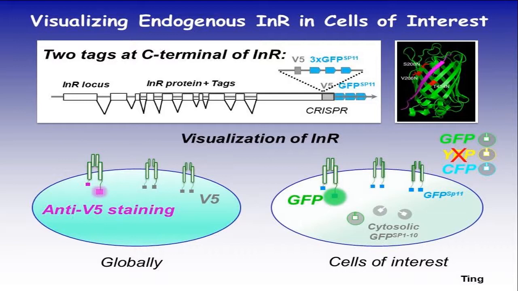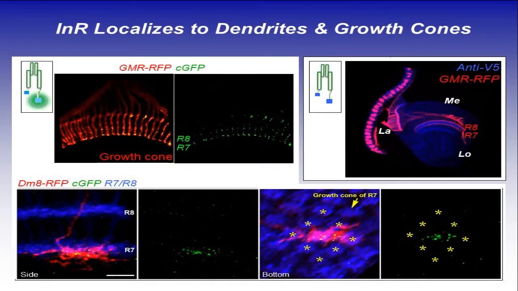This method can be extended to other colors, and it does require a little bit of modification, so we have to go through another round of mutagenesis at the surface. The long and short answer is that GFP works out very well, CFP to some degree, and YFP doesn't really work. So at this point, we do have a two-color version. Using this method, we can see that the insulin receptor does cluster onto, for example, the photoreceptor growth cone during development. And if you look at the V5, you see that it is broadly expressed but concentrated.